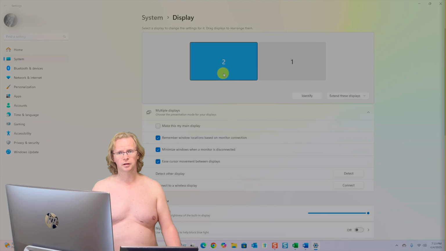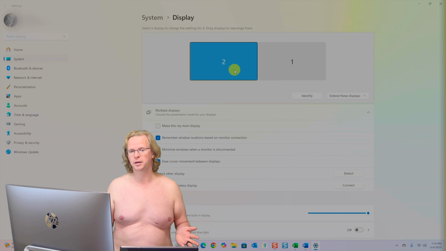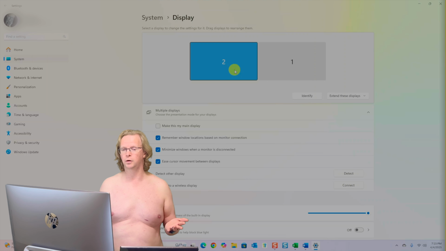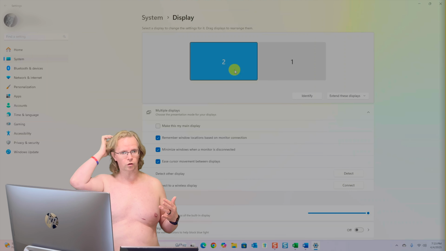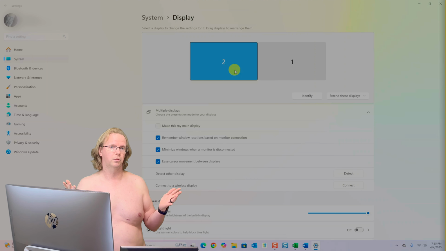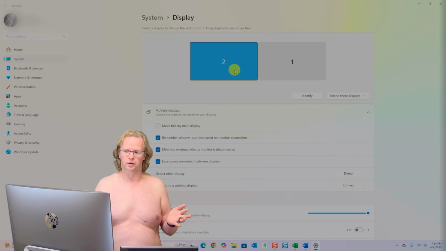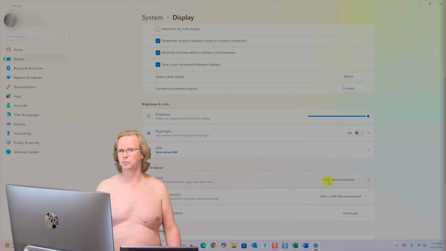Now, another thing to note is you might want to also, ideally if you can, try to make your monitors the same resolution because that'll be the best experience. But sometimes you might not be able to do that, because if your PC is a 4K display and maybe your other monitor is 1080p, it's not going to be quite the same resolution. But what I would recommend doing is ideally, depending on what the resolution is, set both monitors to the highest